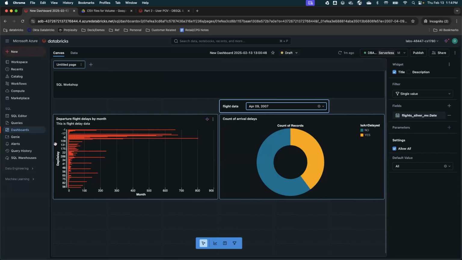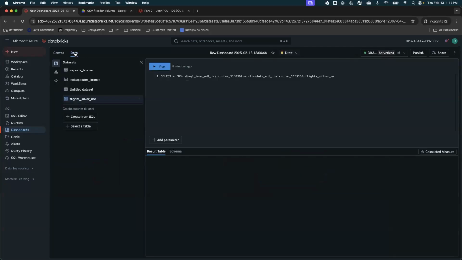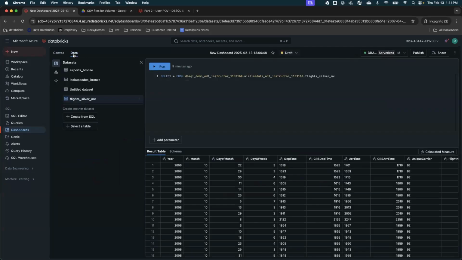So what you do is you can go to the data tab, right? And then we can select lookup code bronze as our data set.